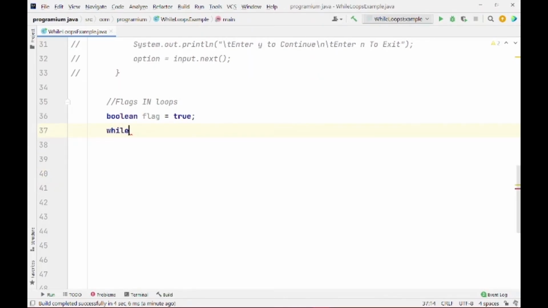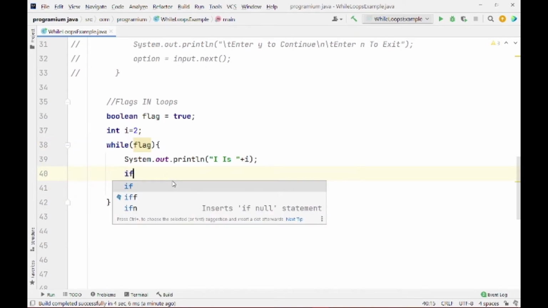Now here I would be making some fun. I'm writing here while flag, again using curly braces, and here I am creating an integer variable, int i, which would start from 2, and I will just print i here.